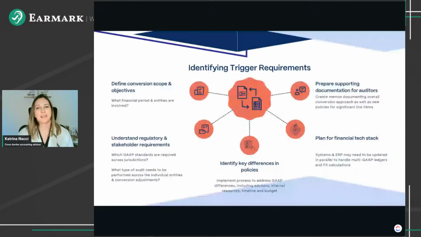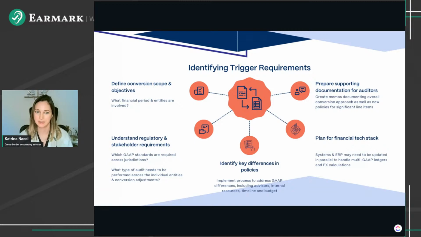In terms of identifying the actual requirements around going through a GAAP conversion, we'll of course get into the process in a little bit more detail, but there's a couple of different things to consider. First of all, what's the actual scope of your conversion? Do you just need to convert this current year? Or if you're going through an audit, again, this is important to involve your auditors early, do they also need to audit a comparative period or maybe an opening balance sheet where you're dealing with actually converting multiple trial balances